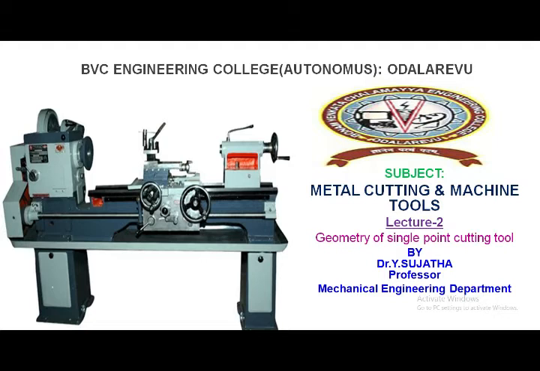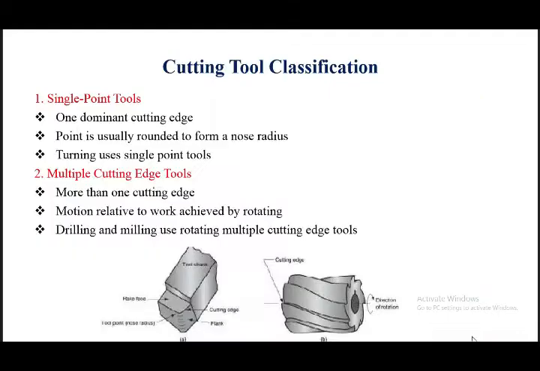In the previous lecture we discussed the fundamentals of machining, manufacturing definition, classifications of manufacturing, elements of the machining process, methods of metal cutting, orthogonal cutting and oblique cutting. In this lecture, we discuss the geometry of single point cutting tool and tool angles, tool failure, tool life, and tool materials. One by one we discuss.